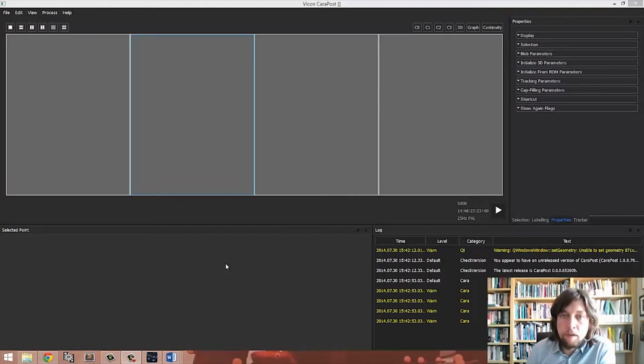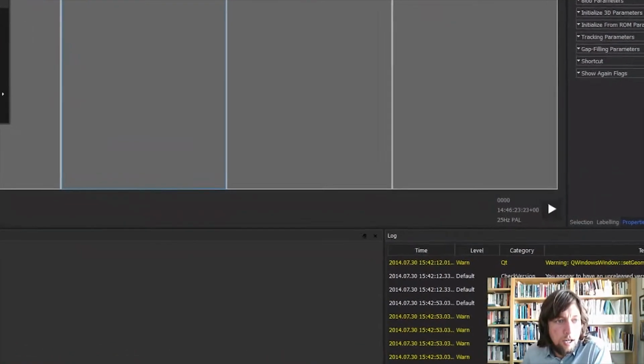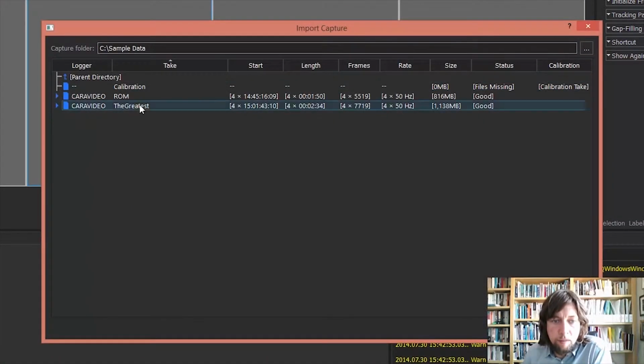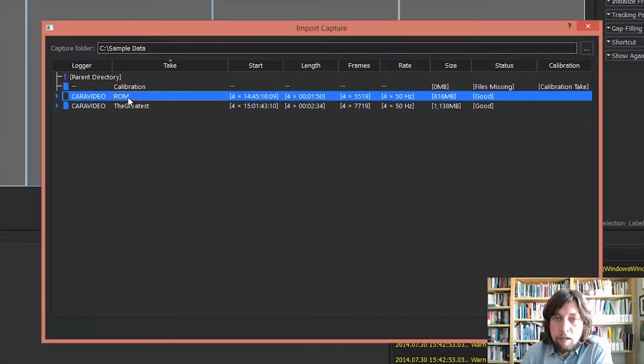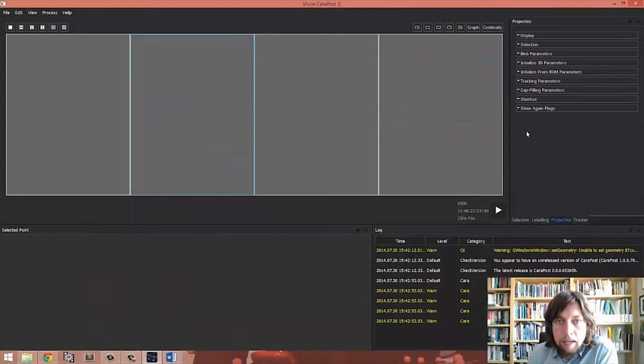Okay, so we've got the software loaded. Now we're going to load in our Pico file. A Pico file is the raw capture file that was captured in CaraLive. And we go File, Import Pico Files, and we choose the range of motion. Now this range of motion is available as part of our sample data set, so we click OK,